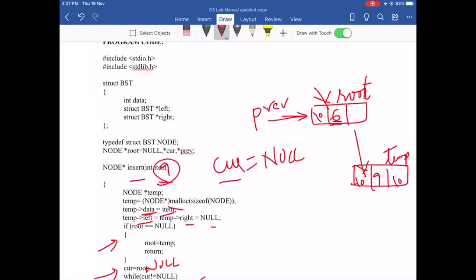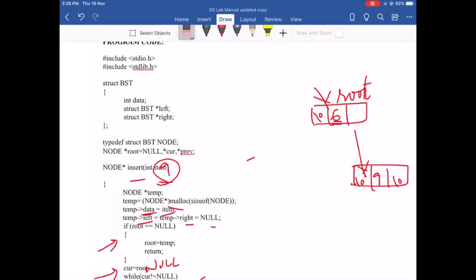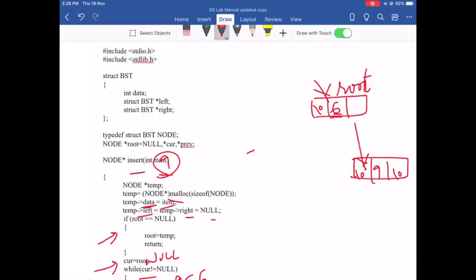So this is how you are going to insert an element into your binary search tree. For every insertion, you are going to check if it is smaller than the root, then it is going to be traversed towards the left, or else you are going to traverse towards the right. Let us repeat this process for the item 8. Let us see what happens if I insert another element, 8.